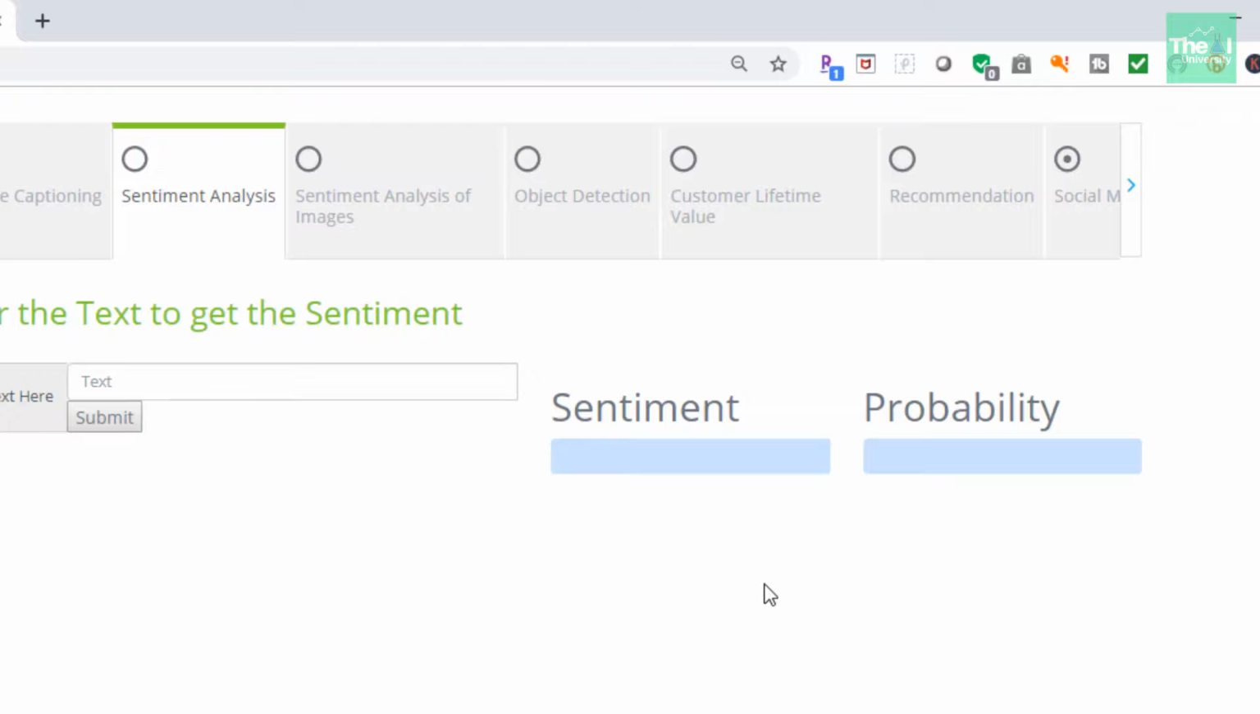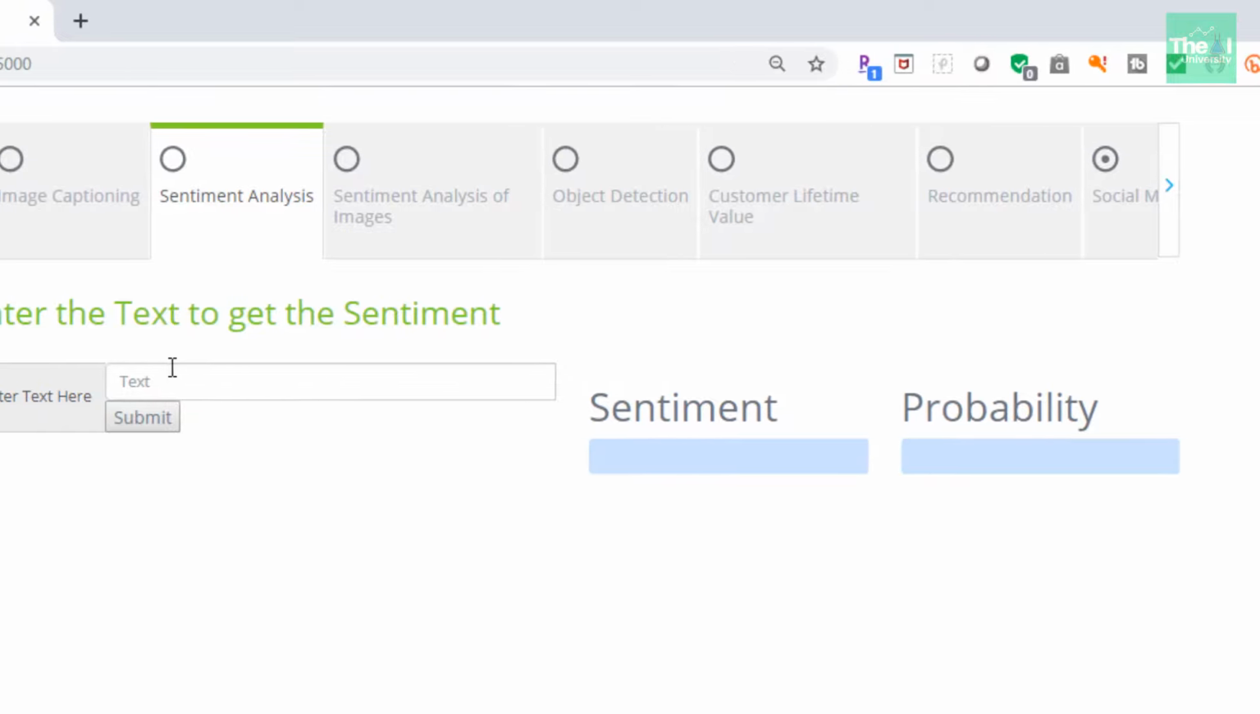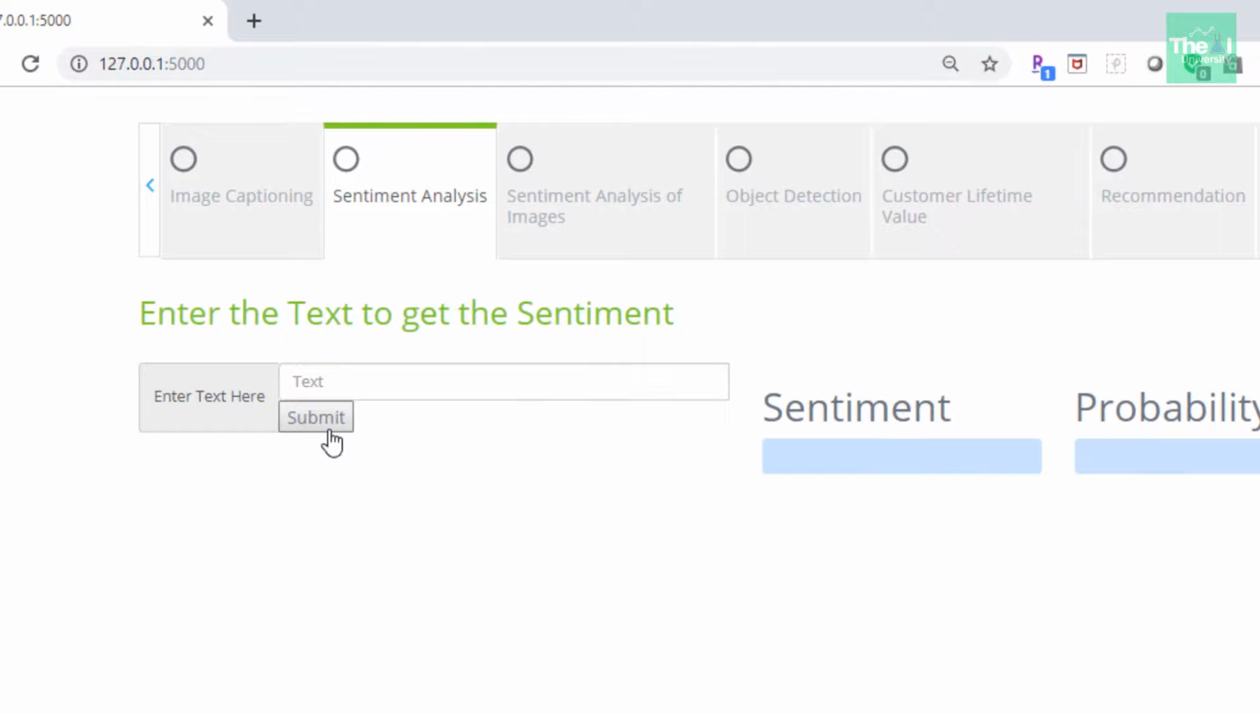So coming back to this sentiment analysis, you will be able to see an additional section which is emotion. And these are actually placeholder headings right now. So you will be able to see sentiment, probability, and emotions, which is kind of hidden right now. So probability, and when we enter any text in this text box and press enter here,